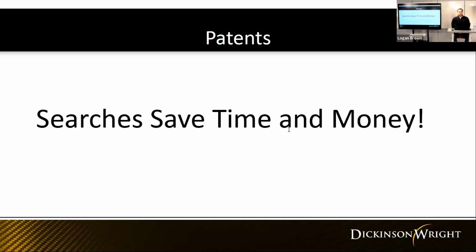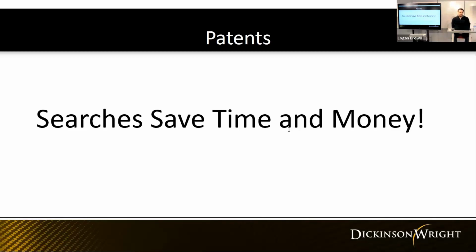The reason why a search can save you time and money is because just a lot of people have a great idea, but to get a patent, your idea has to be new and also non-obvious. And when I say new, I mean that it has to have not existed or been published essentially worldwide before you file for your patent.